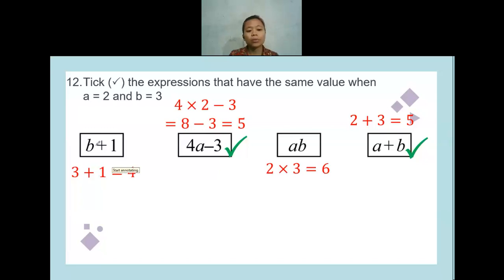Okay, someone asked me about question 12 in a private message. So in here we have b plus 1. We have b equal to 3. So now I will not write it as b, I will write it as 3. I have to replace all the letters with the given value. Because b is equal to 3, we replace b with 3. So 3 plus 1 will be equal to 4. That's why I get 4 for the first box. This is 4a. 4a means 4 times a. And now we have the value of a.